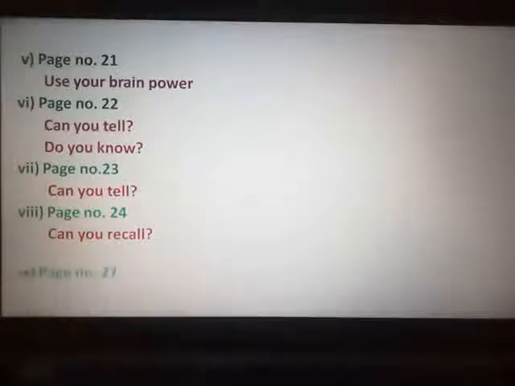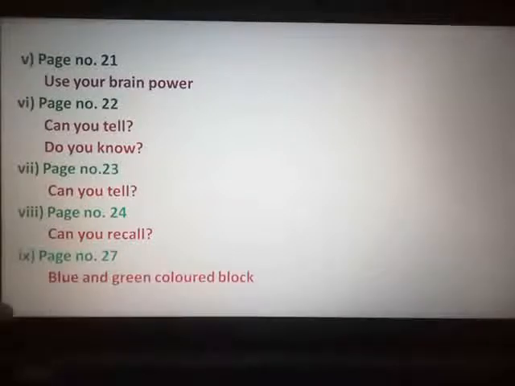Page number 27, towards the end of the page, you have the blue and the green colored block. The blue colored block, internet is my friend and collect the information and mail it, that blue colored block. The upper blue colored block is always, remember that 3 points you have to study, don't remove it. Towards the end of the page I said the blue colored block which states internet my friend and collect the information, that blue block. And below that you have the green colored block, read the following reference books, that both blocks you have to remove.